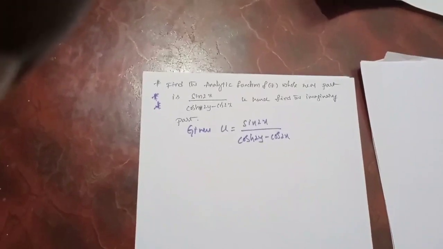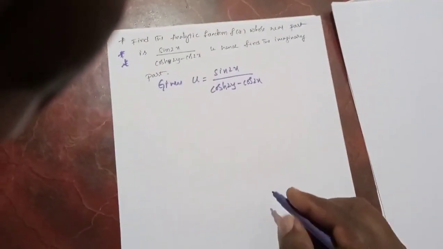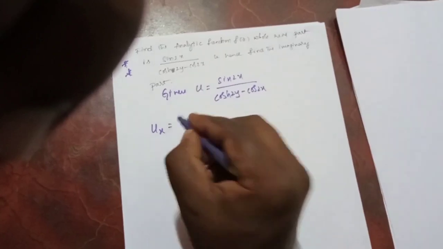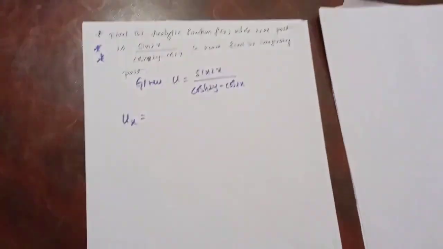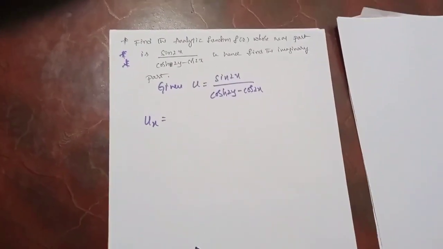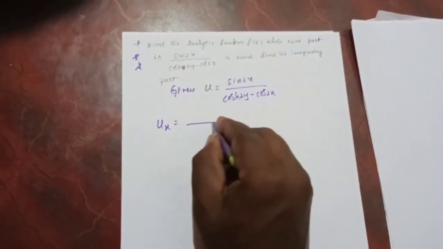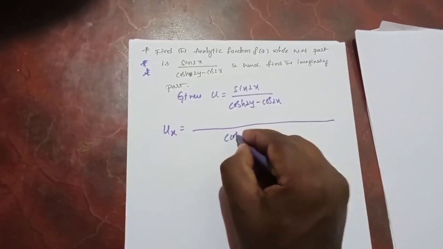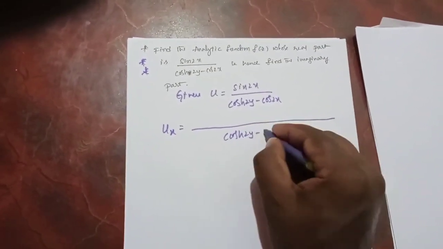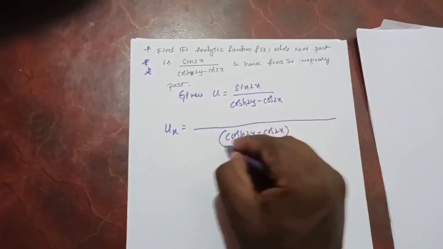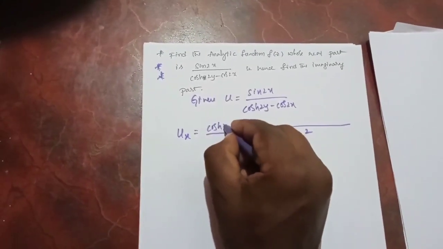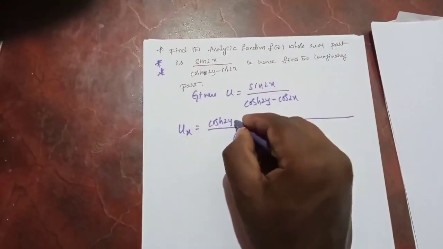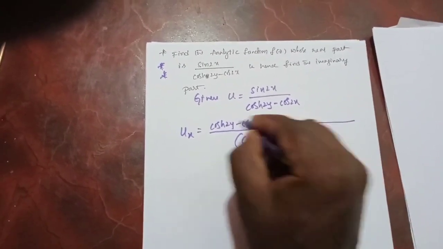Here we have to find the partial derivatives of the given function, that is u suffix x, differentiate that u partially with respect to x. So here we have to apply the quotient rule. Write denominator square in the denominator, cos hyperbolic 2y minus cos 2x whole square. Write denominator as it is, cos hyperbolic 2y minus cos 2x as it is,